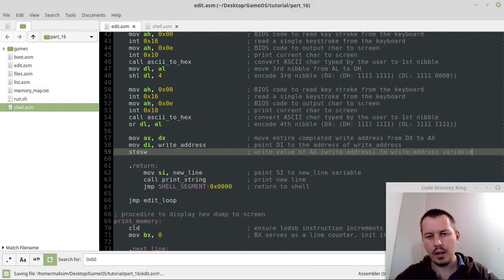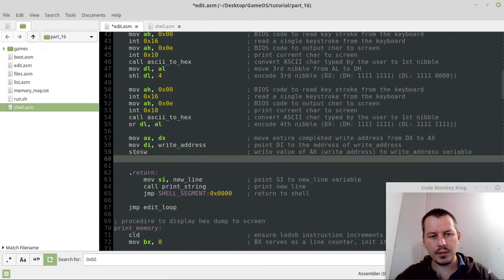Okay, and now the next thing, which is also really important, we need to say move DI. So now we want to point DI to the value, whatever value we have, and the right address. So here point DI to the